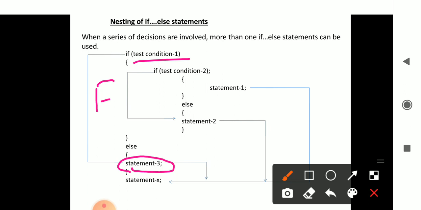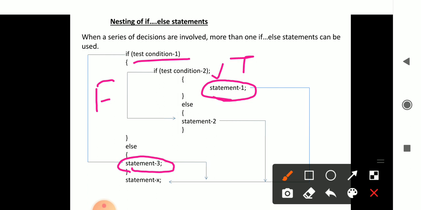If the first condition becomes true, it checks for the second condition. If the second condition also becomes true, the statement 1 will be executed. The statement 1 is given immediately after the if statement. So that statement will be executed. The statement given inside the if block will be executed if the condition is found to be true.